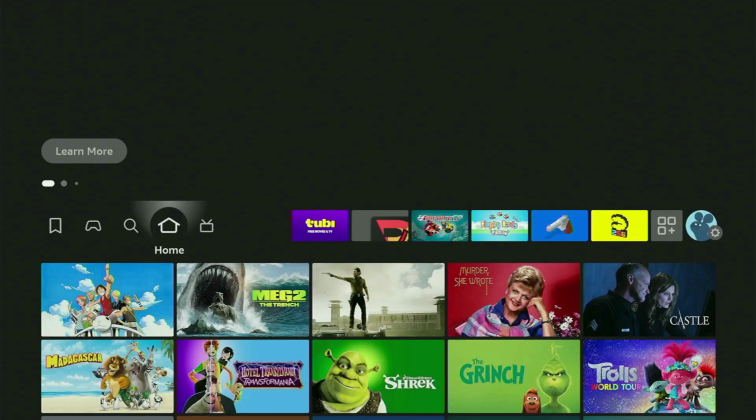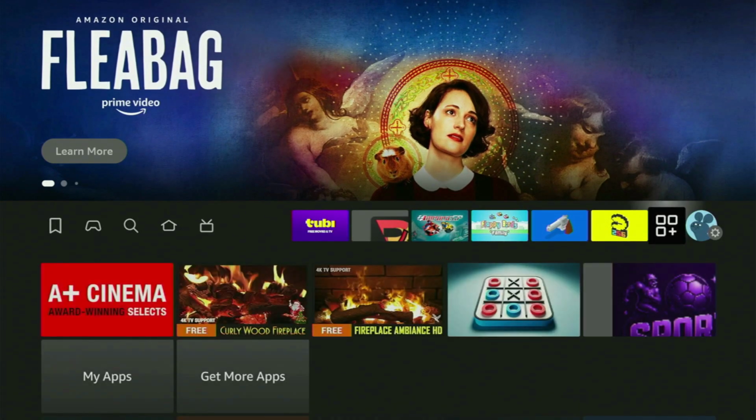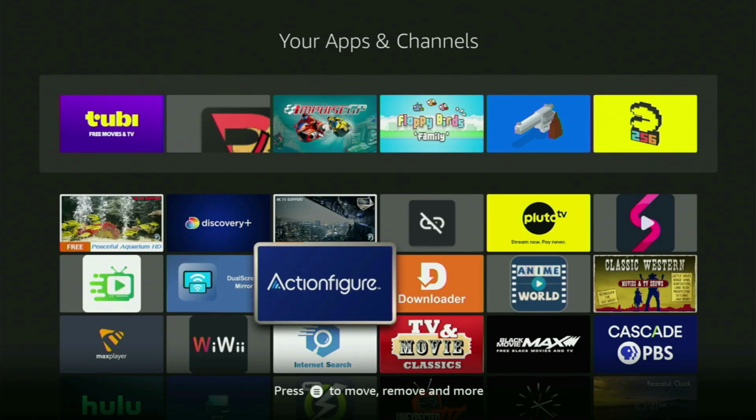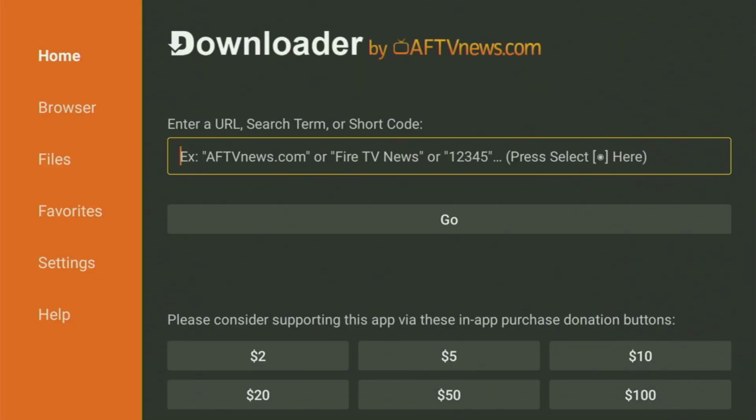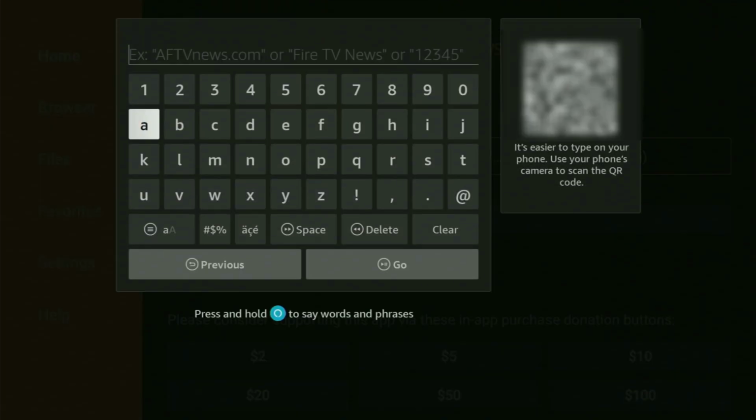So we go back to a list of apps on your Firestick device. Let's open it together. And it is time to use the downloader now. So open it up as well. And here, what you have to do is open the search bar and then enter a link, which will be